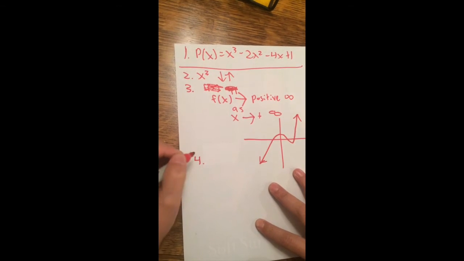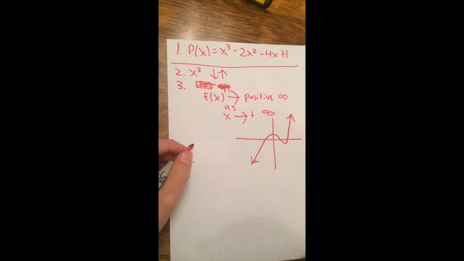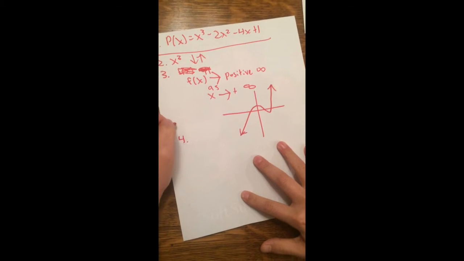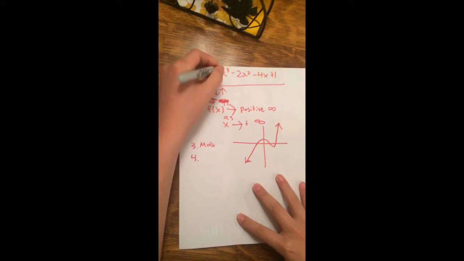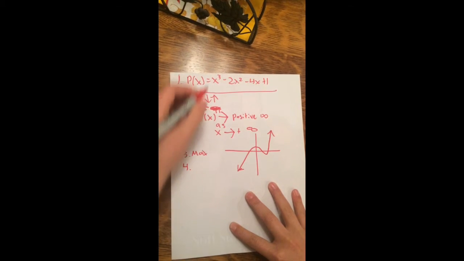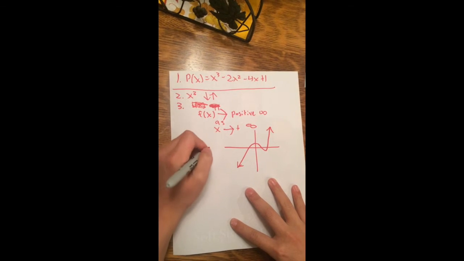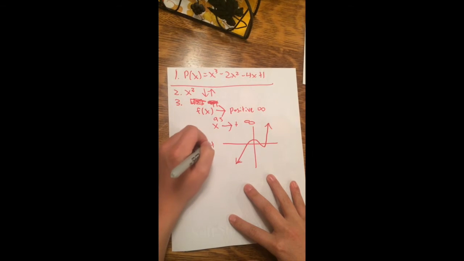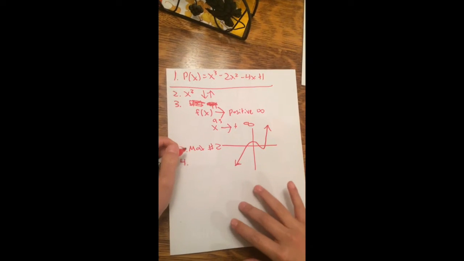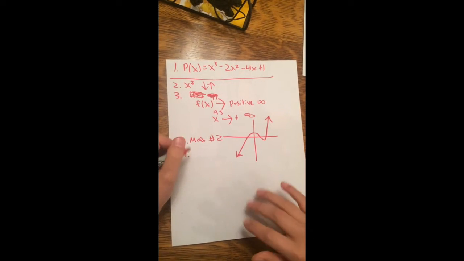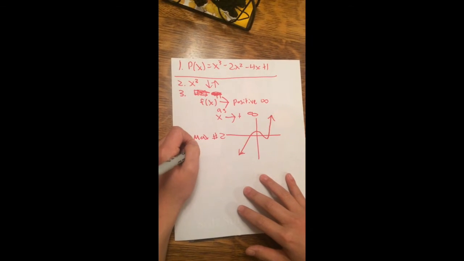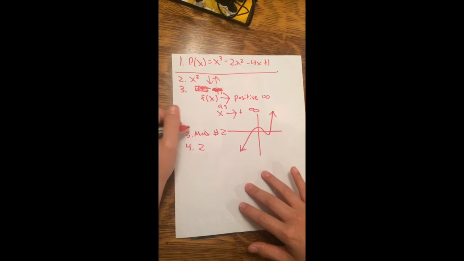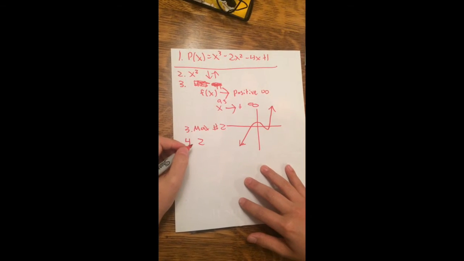Okay, 4. Or I forgot, part of 3: the maximum number of turns is 1 less than the highest degree of the polynomial. So the max number of turns is going to be 2. The minimum number of rational roots is going to be 2, exactly the same as the max number of turns. And